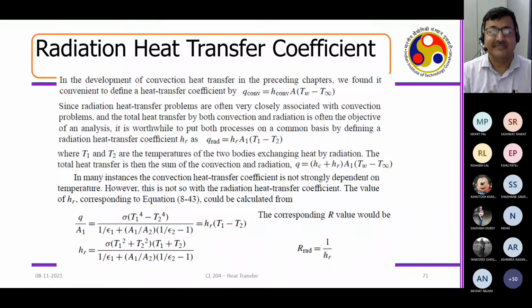Also, you can write the radiative heat transfer in the form of a heat transfer coefficient. So this is your typical two parallel surfaces with a view factor of one expression for the heat transfer, right? So Q by A is equal to sigma (T1 to the power 4 minus T2 to the power 4) divided by the resistance. So this you can write as h_r into (T1 minus T2). You factorize out T1 minus T2, and the rest of the part you can express as a radiative heat transfer coefficient. This is just to have an analogy between convection, radiation, and conduction.